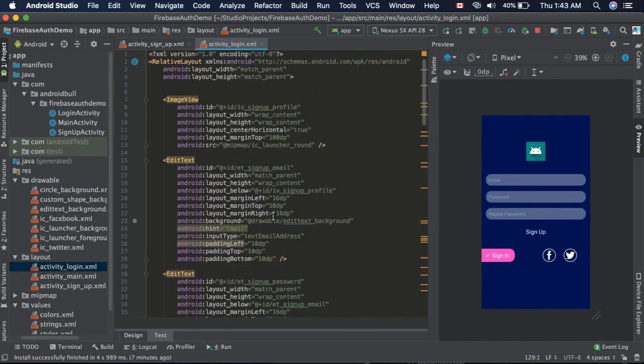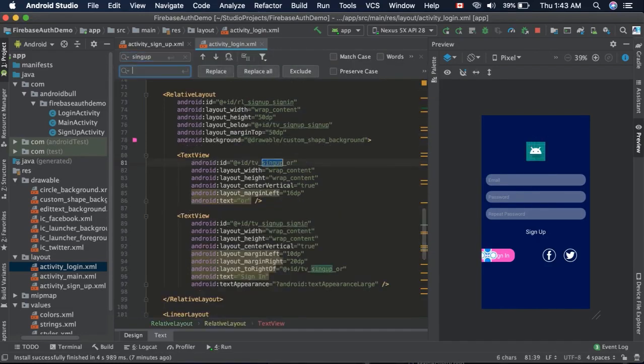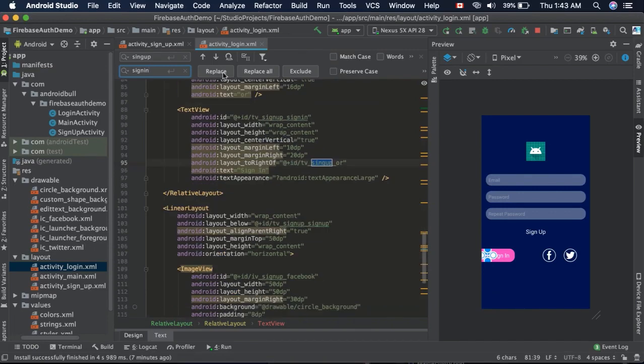So let's start. First thing we need to do is change this sign up that is almost everywhere to sign in. So we can do that with command R, which is find and replace, and provide sign up and change it to sign in. And here we need to replace this one, so click replace. We also need to replace this one,